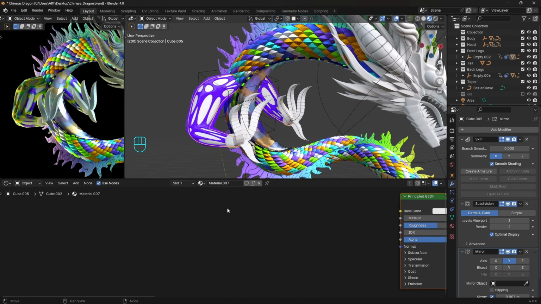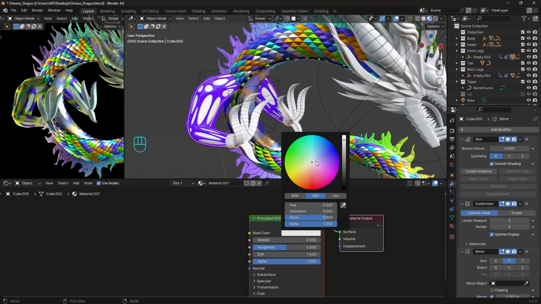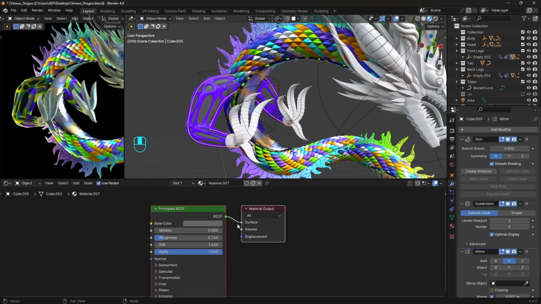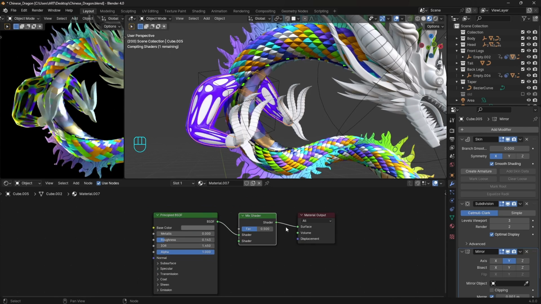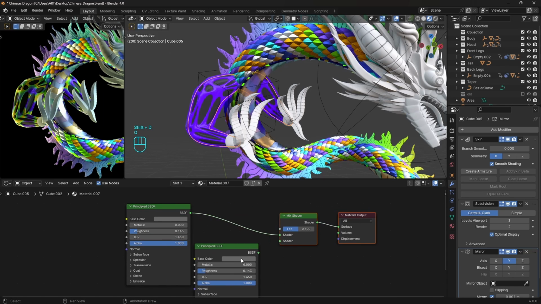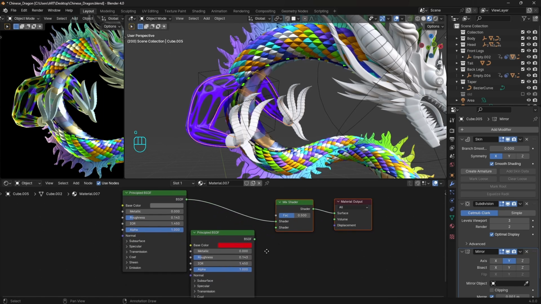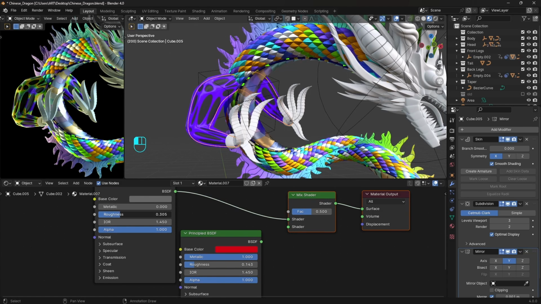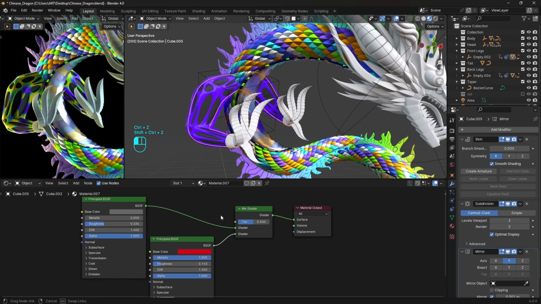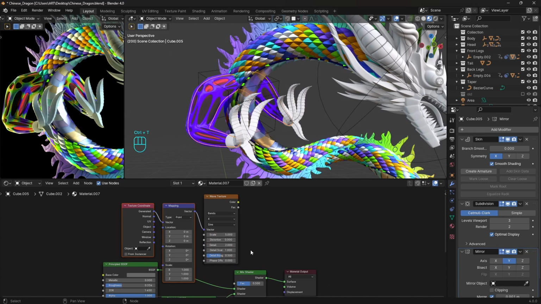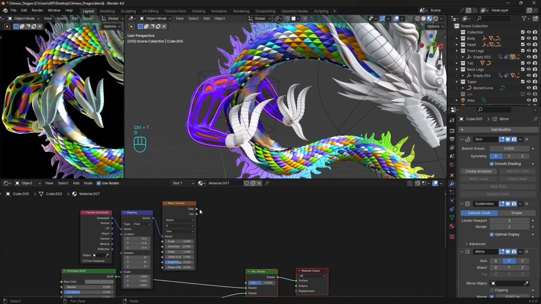For the part inside, we already did something similar, and that's 2 materials mixed with a wave texture. We can mix the shaders. Just duplicate that one. Change the color and make it metallic. Plug it to the second shader input. Get the wave texture with a mapping and plug them to the factor.